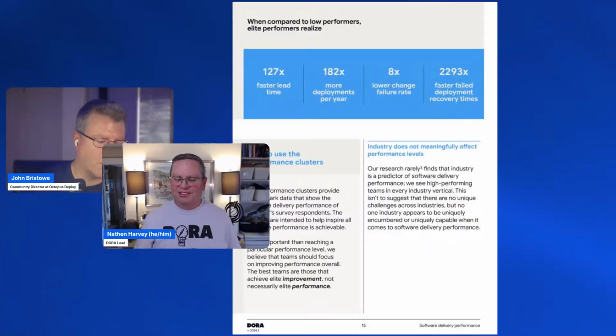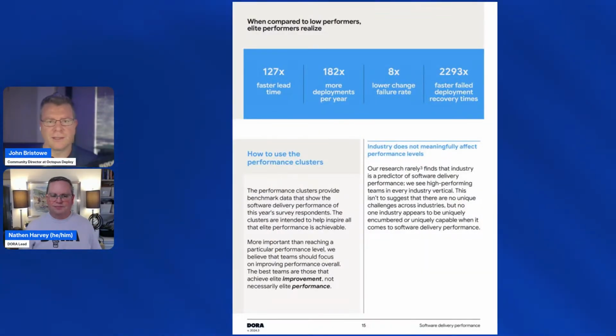So one thing that's super important, obviously, is delivery performance, our ability to deliver software, and this is something near and dear to the report itself. One of the things that is often cited is elite performance insights. So the report mentions elite performance, achieving 127 times faster lead times and 8 times fewer failures than low performance. So what are some of the core practices that teams are implementing to see such dramatic results?